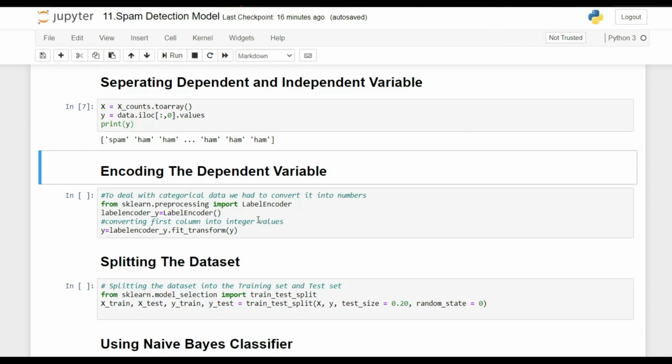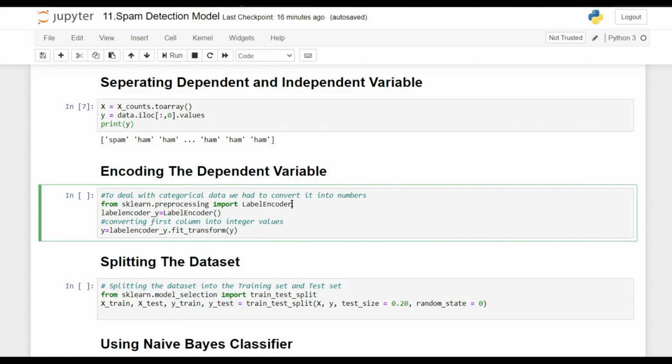What label encoder will do is first identify how many categories there are. There are only two categories. Then label encoder will give integer values to those categories. So guys, let's see this in action. Here we are using the sklearn.preprocessing library to import our label encoder. Then, as I had told you earlier, everything we import from sklearn, we need to make an object of. So here we are making an object of label encoder.